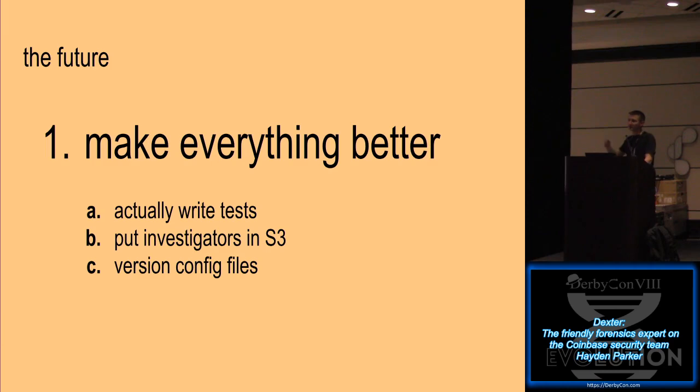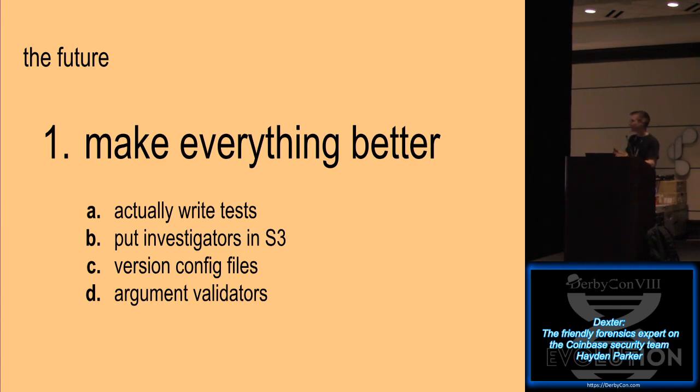Versioning the config files. I made my config file a JSON file because why would I ever need to change the config structure ever again in the future? It's done. It's a terrible idea. I should probably go with something flexible like YAML, and version it so future upgrades of Dexter can use old config files, understand them, report things that are missing, stuff like that, like a real open source project.